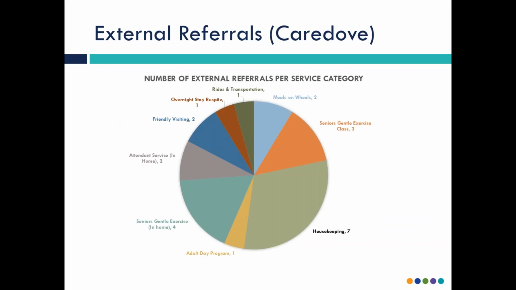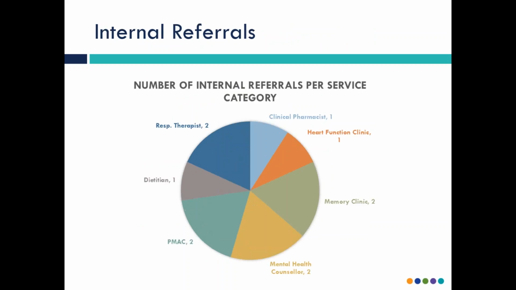Through Caredove, we were able to track some of the referrals. So this captures the referrals to the community support services. It does not capture referrals to home care services. That was done a different way in our region. But we can see here that many of the referrals were made for housekeeping or gentle exercise classes. However, it was interesting to see that these services had the longest wait time, which was actually about 3 to 4 months wait list for the patient. We were implementing in family health teams, so there is a number of internal programs within the primary care site. So we were also able to track referrals to those programs.